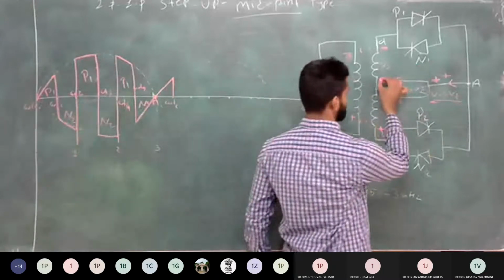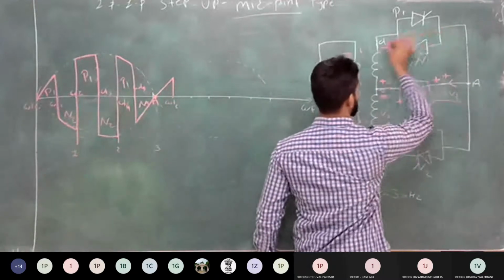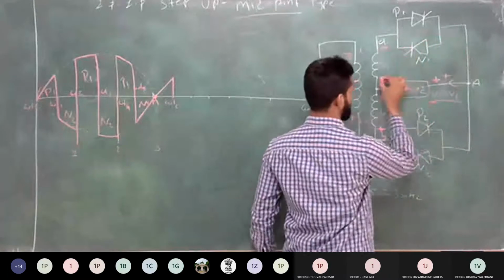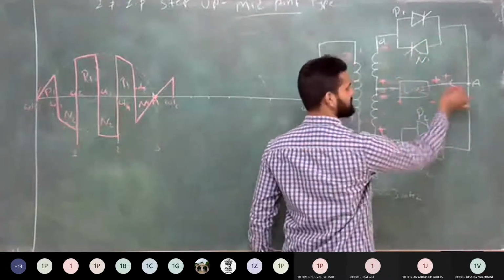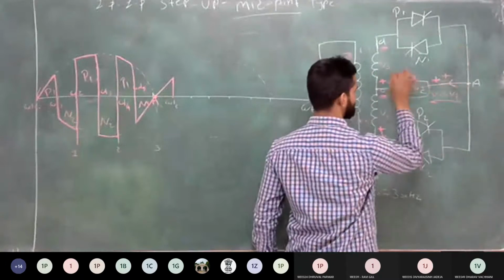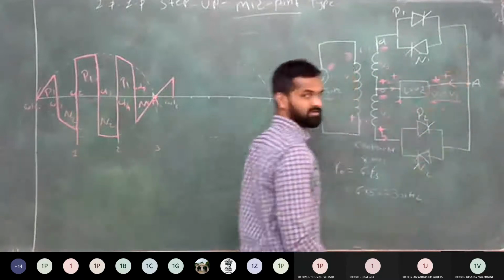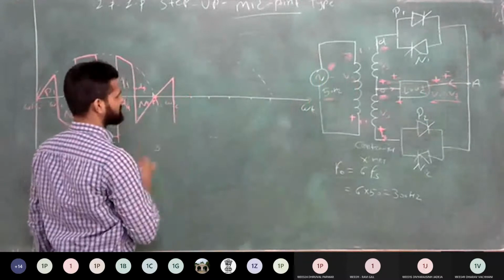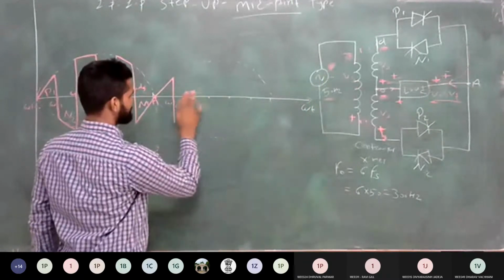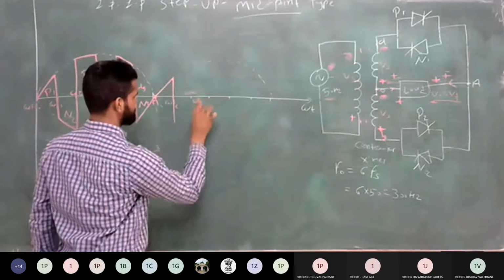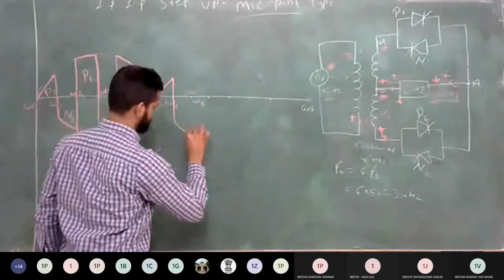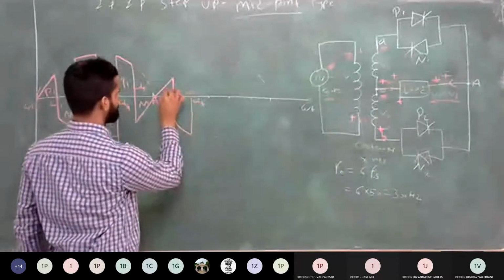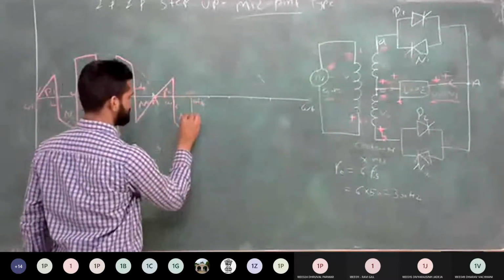So now my current is flowing in this direction, from positive to negative terminal P. Here, you can see the direction of current is negative and the polarity of voltage is plus and this is minus. So you get the negative voltage after omega T6 up to omega T7. Good. So this follows the negative analog of output voltage. So this is the conduction of P2 and this is the conduction of N1.